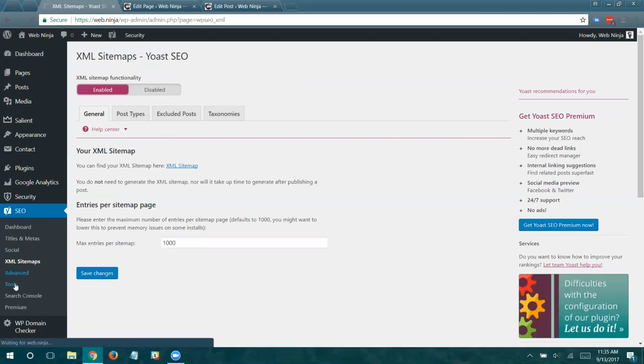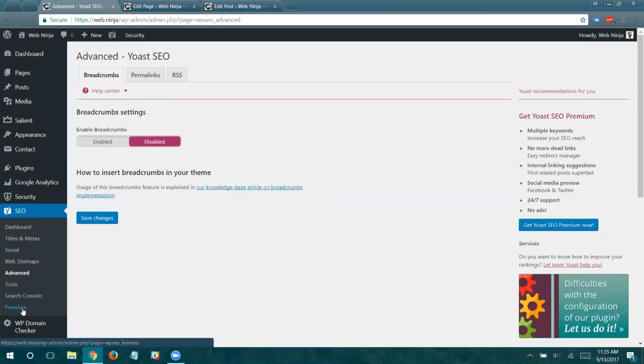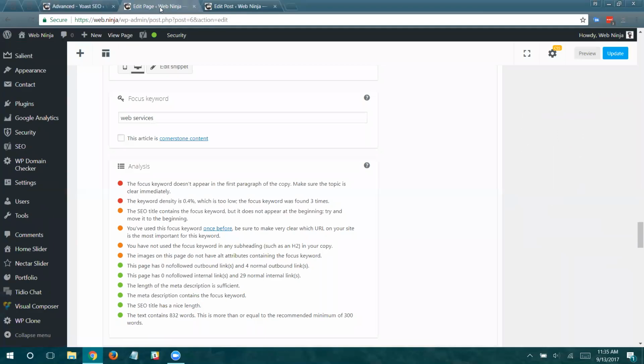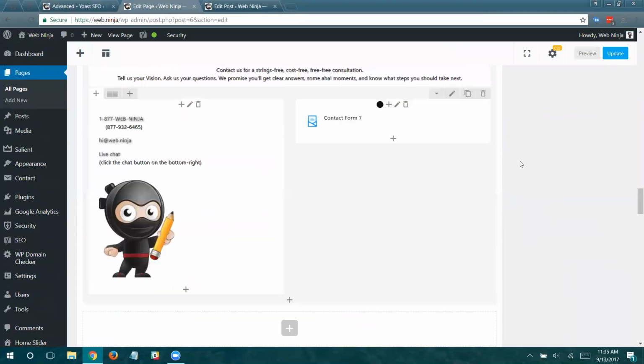Some advanced tools, Search Console, and then again, there's premium if you need more. But I would actually like to get right to the meaty stuff, how we actually use this plugin in a real world scenario. So I'm taking you to the homepage of my website,